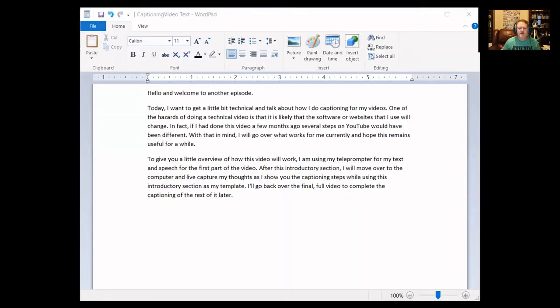Okay, so here you can see the WordPad file. In this WordPad file, I have exactly what I said using the teleprompter, and that is the wording that should be in the download that we just did from the captioning, if it captioned it correctly. So I have two different plain text files, and in this case I can use either of them. The one that I started with, which should be verbatim for what I said if I followed that as I was reading, or the one that was auto-captioned.